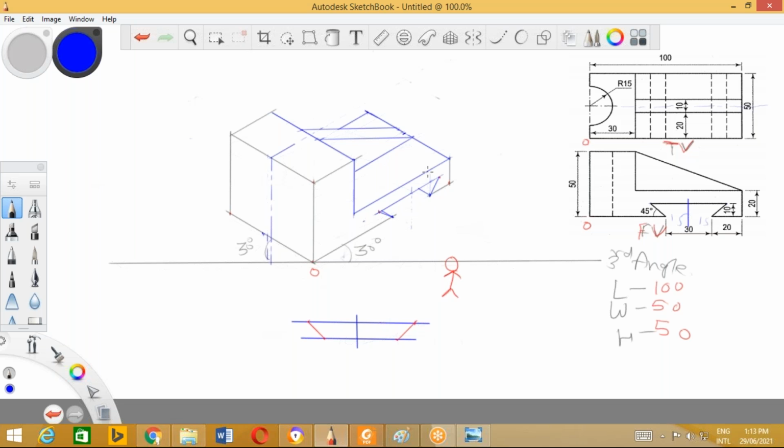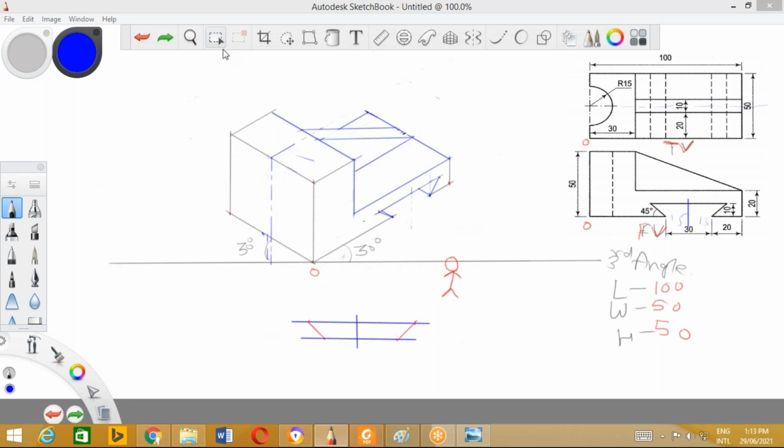Done. Now have we completed the drawing? There is one important shape which is still to be drawn. The shape is this circular part. We have discussed exactly how to draw this circular part. You can see the radius is 15 millimeter. So I'll locate the points at a distance of 15 millimeter. Use your scale, keep the scale here, and locate the point here 15 millimeter on this side. 15 millimeter on this side, and on this line 15 millimeter.